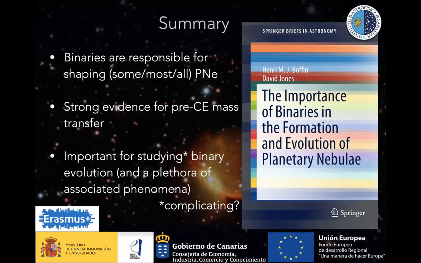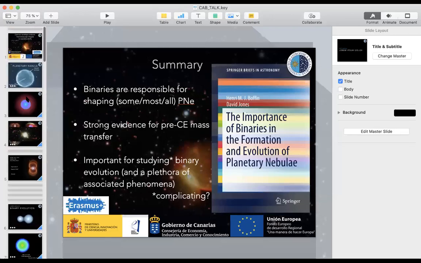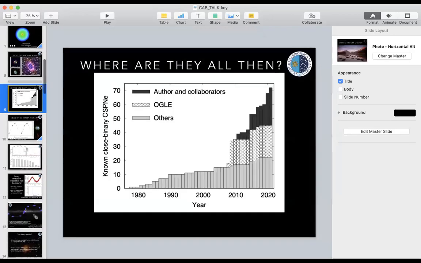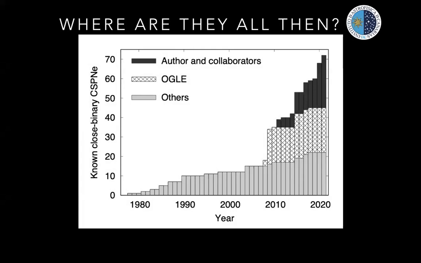And so this is one of the things where we need a bigger sample. If I can go back to the time scales over which we found these systems to give you an idea, you can see that up until about 2010, or I like to say until I started, I started my PhD in 2007, we hardly knew anything. We only had a handful of these binaries. So it's really difficult to draw any kind of statistical conclusions. And it wasn't really until the OGLE survey